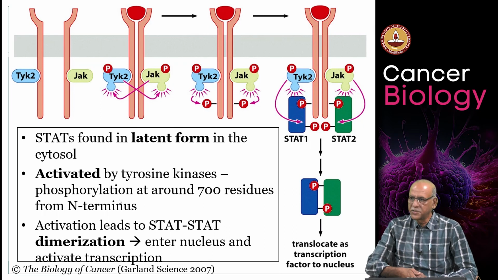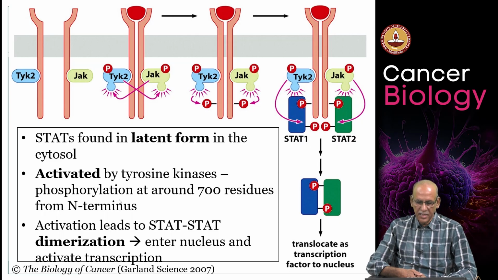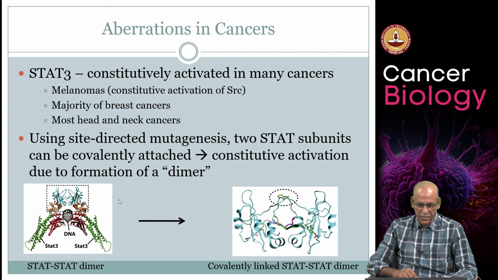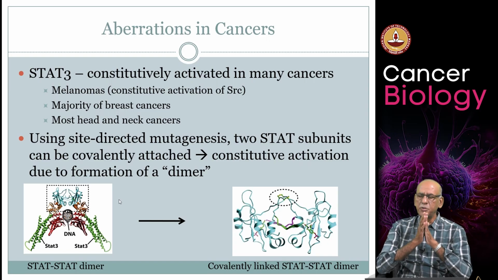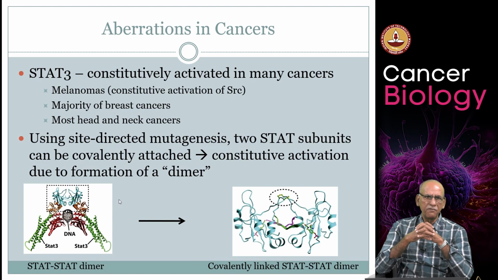So, activation leads to STAT dimerization. This is the one that enters the nucleus and activates transcription. So, that is important. Now, some of the aberrations in cancers: in many cancers, STAT3 is constitutively activated. In melanoma, for example, there is a constitutive activation of SRC. In the majority of breast cancers, STAT3 is constitutively active. Head and neck cancers,